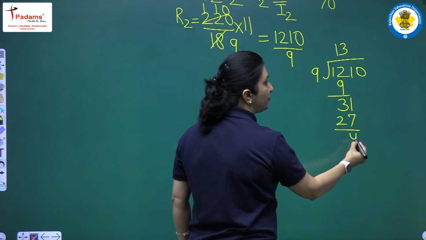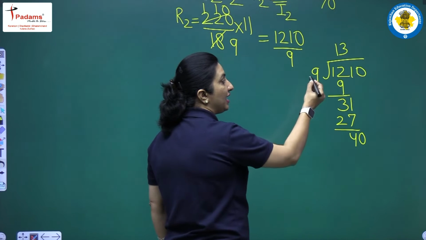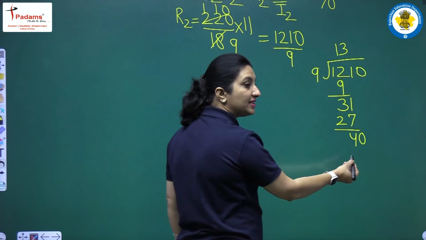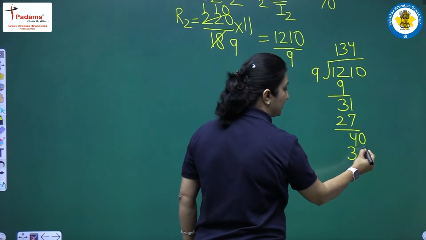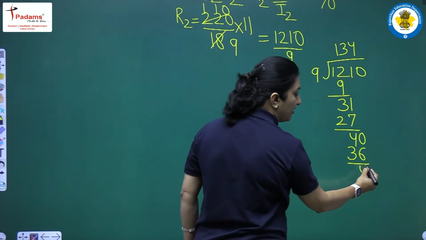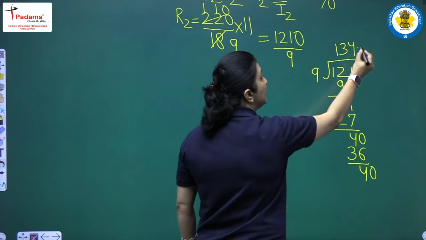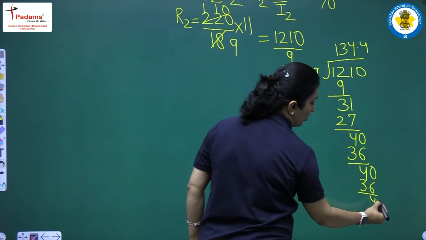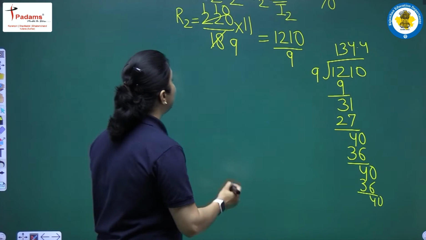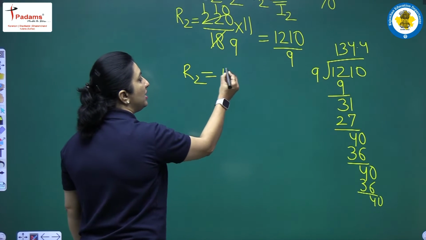and here I will be left with 40, and what I will have is 9 1s are 9, 9 2s are 18, 9 3s are 27 and 9 4s are 36. Then again I am left with a 4, so I will put a decimal over here. Again I will have a 40, so I will have 9 4s are 36 and so on. So what I get is that the resistance in the second case comes out to be